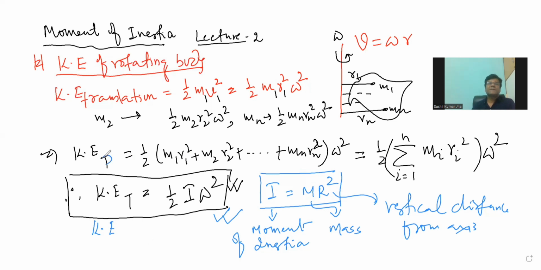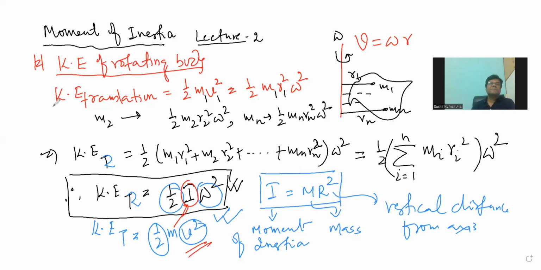Now kinetic energy translatory, we write half m v square. And if we compare both, half is common in both, omega square, omega represents angular velocity, v represents linear velocity, which means I and mass are same. So what role is played by mass in linear motion? The same role is played by moment of inertia in rotatory motion. So whatever work is done by moment of inertia in rotatory motion, the same is done by the mass in translatory motion. Okay. Now